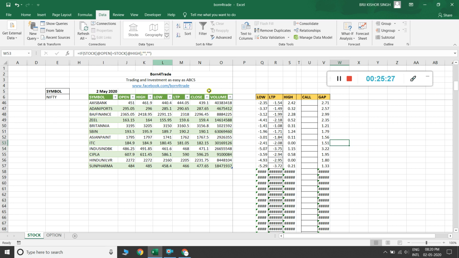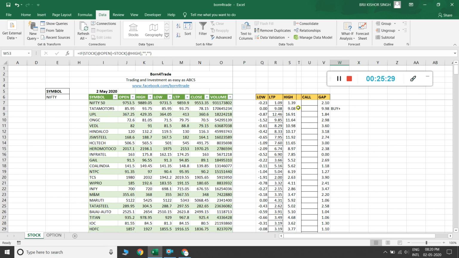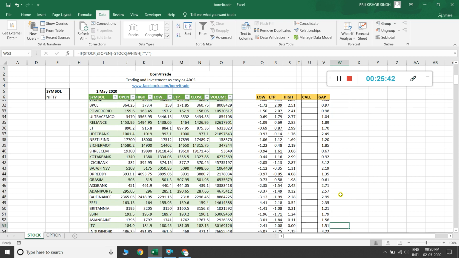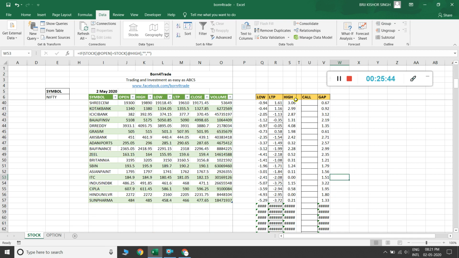Then I just put here if low is equal to, here in the low box appears 0.0, it means open is equal to low, then it gives a buy signal. The same logic here in the high column, here appears 0.0, it means open is equal to high.